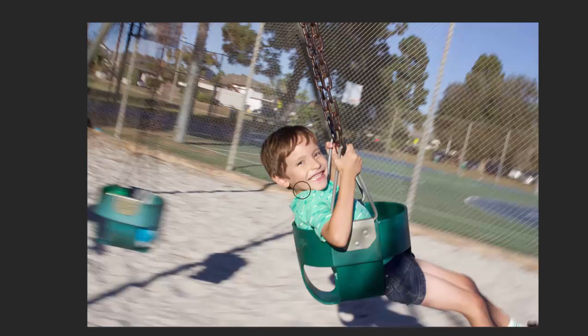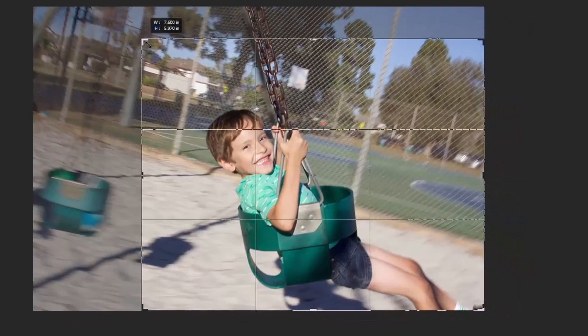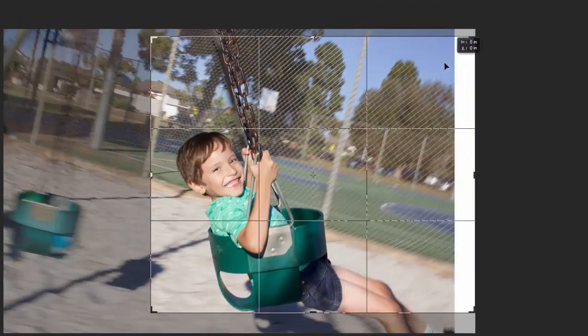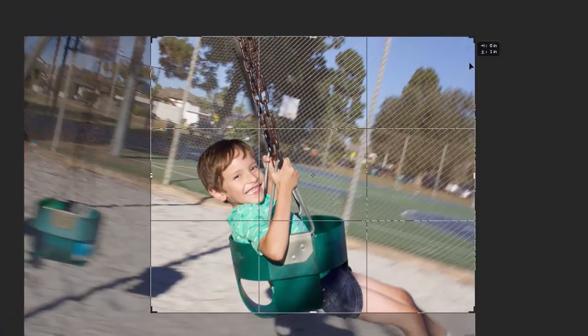But if we had a slower shutter speed, then this background area would have less of this detail to distract us, because the real shot isn't the city, it isn't the other swing, it isn't the courts over here. It's him in the swing. I mean, isn't that what we're really after? So if we bring this in,